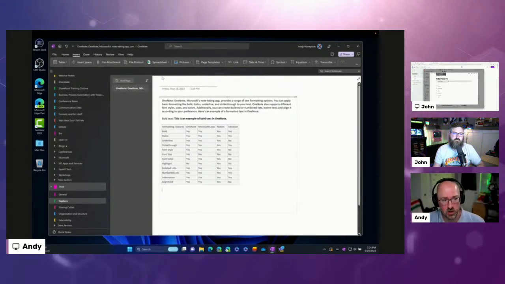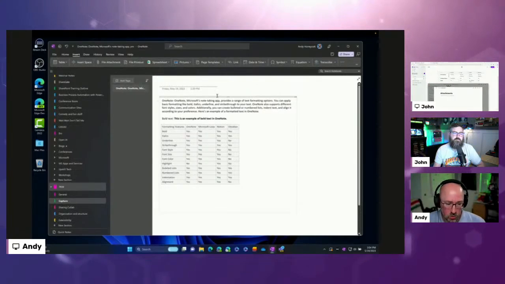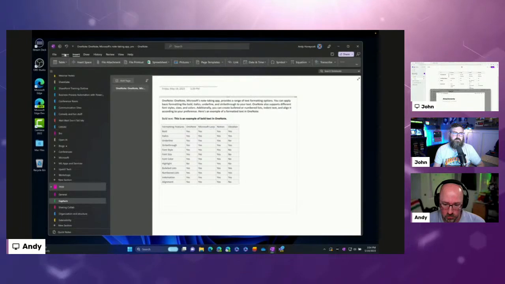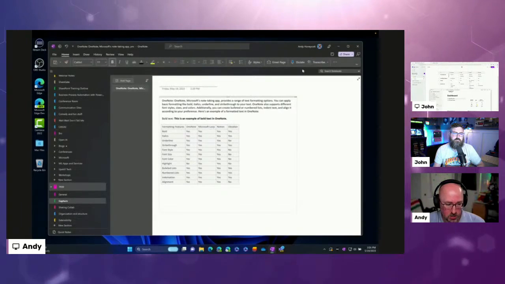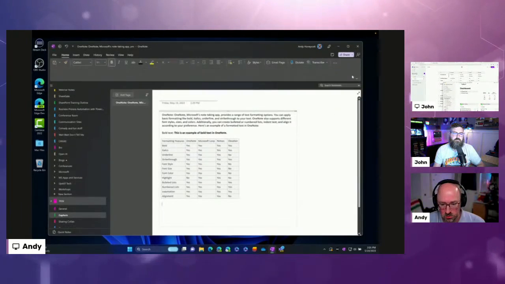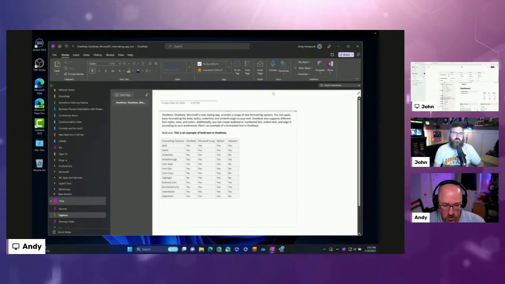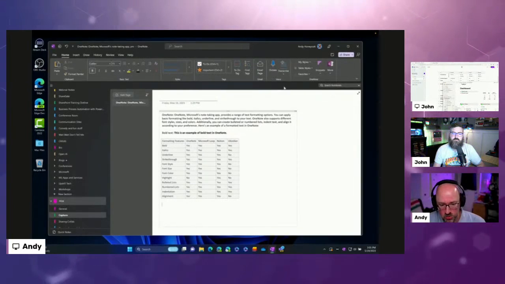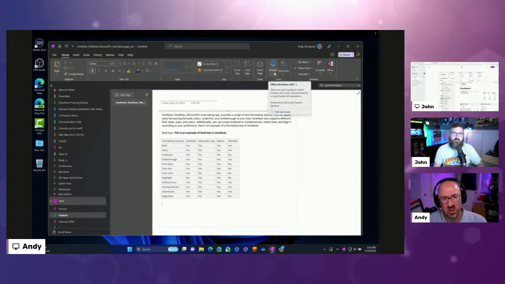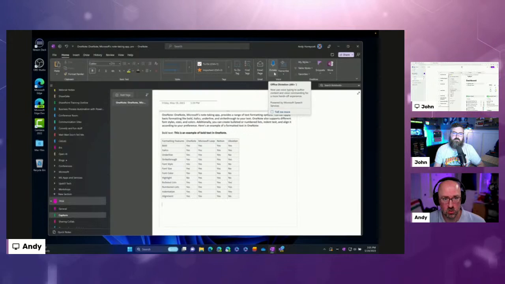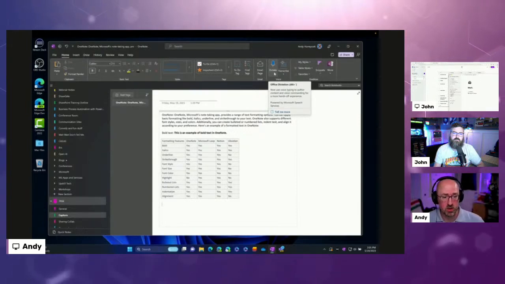So with the insert, I'm blasting through a couple of things here just for the sake of time, but images and attachments. We mentioned just a little while ago working with the ability to capture audio. So let me switch back to the classic ribbon here, expand that a little bit. So with audio, two things I want to point out here: dictate and then transcribe. One of the things that we're seeing more across the Microsoft platform that I'm a big fan of is the ability to dictate to the app.